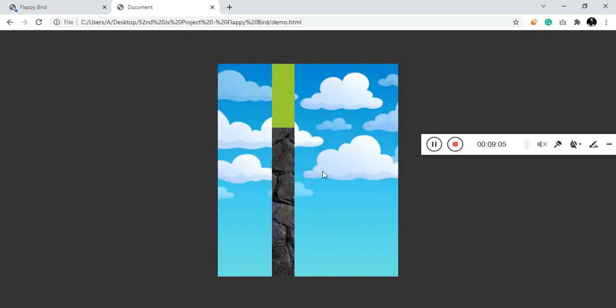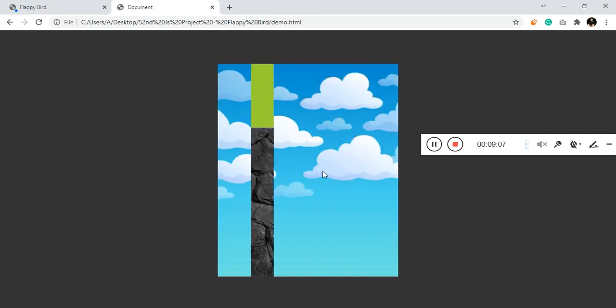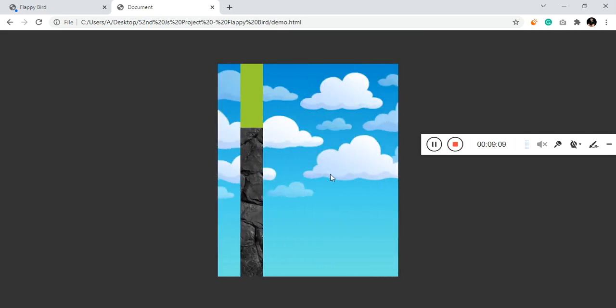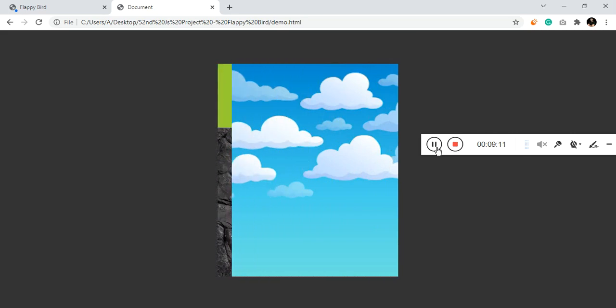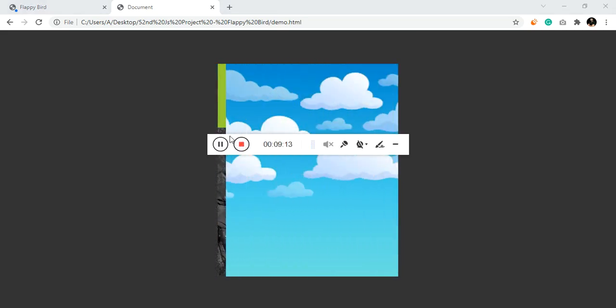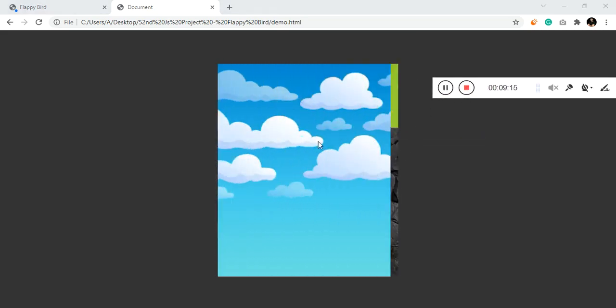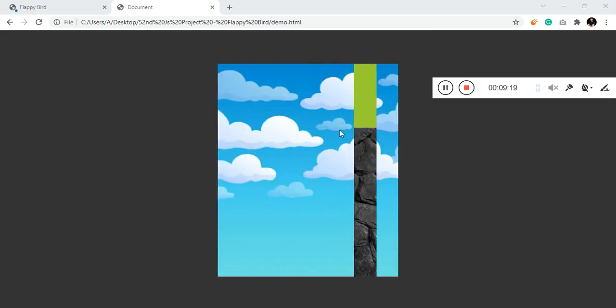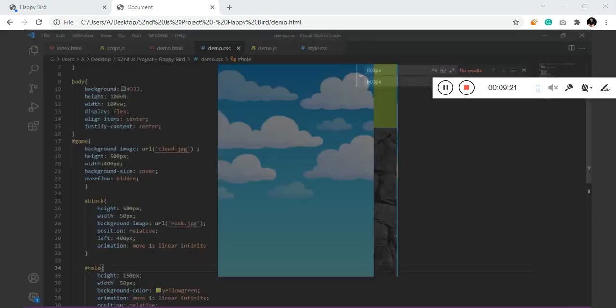It needs to move its position as the animation goes on. And let's start make the hole take a random place on the block.